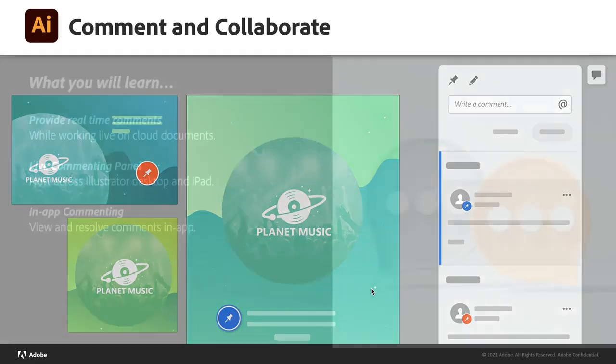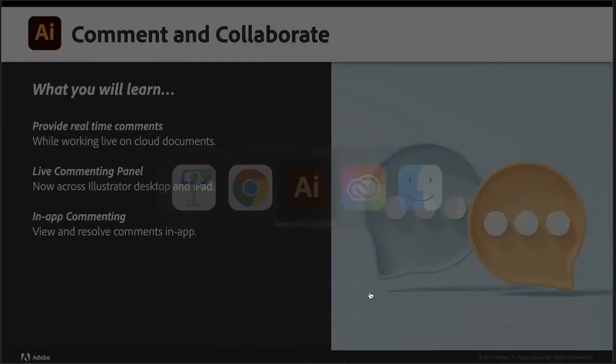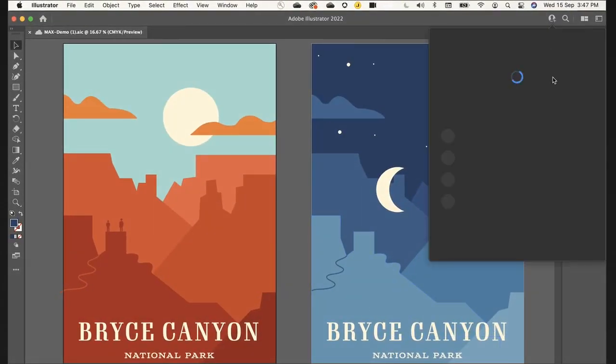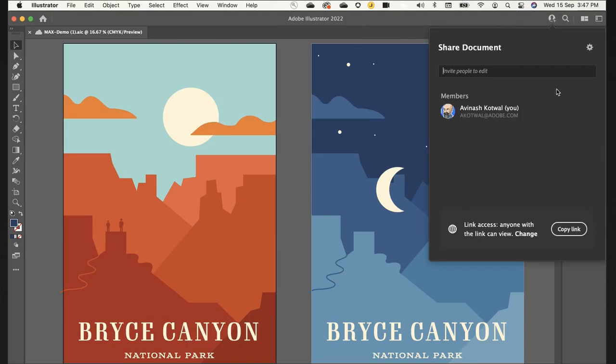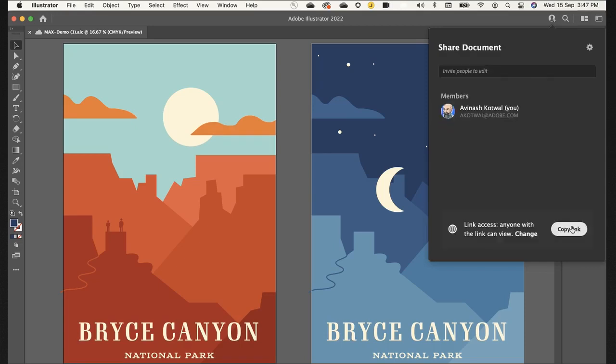This next feature makes it very easy for you to invite your stakeholders to comment on a live document. Now you can invite anyone to give you feedback on a live document. Let me show you how. So let's say you're working on this document and you want to invite your stakeholders to comment on it or provide feedback. You can click on this icon, which opens your share panel, and then you click on the settings. You can make this public, meaning anyone with this link can view it, and you can also switch on the comments. Now, once you copy this link and share it with your stakeholders,